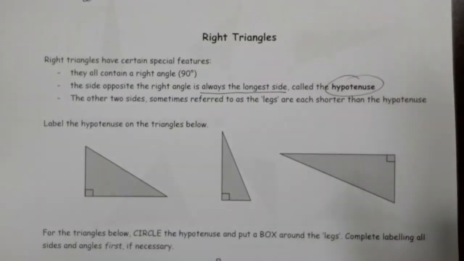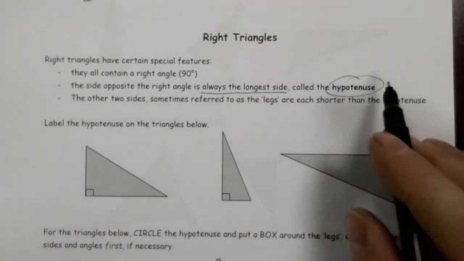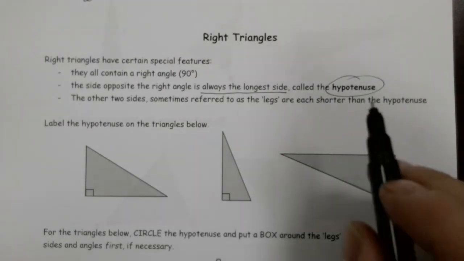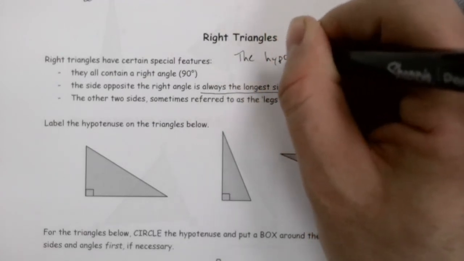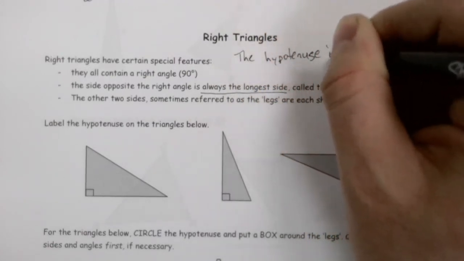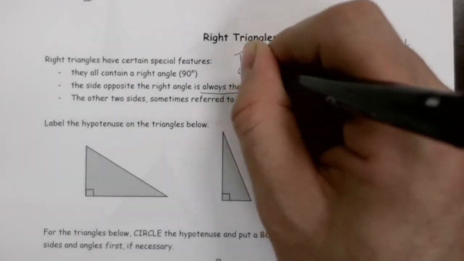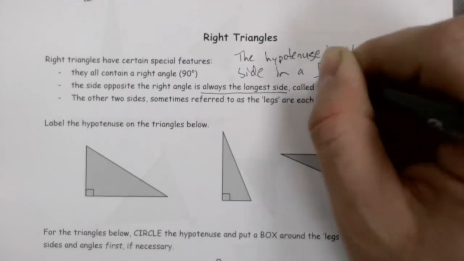Now, it's really important that you catch this little detail here because sometimes people hear this rule, but they accidentally create a different rule in their head. The hypotenuse is the longest side in a, and it's really important that you put this word here, a right